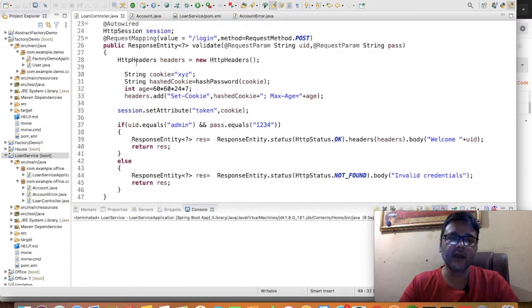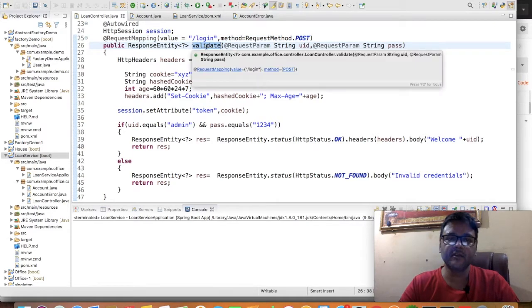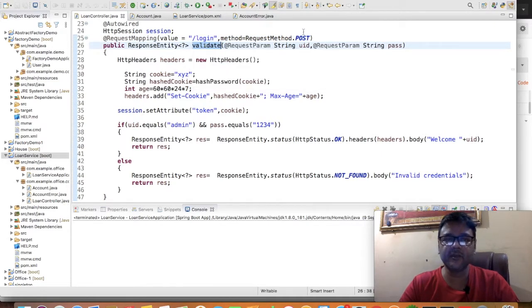So here I have created the login controller, which has a method mapped by request mapping, validate. This validate method is going to create an HTTP header, because we are going to send the cookie. A cookie can be sent with the help of the headers.